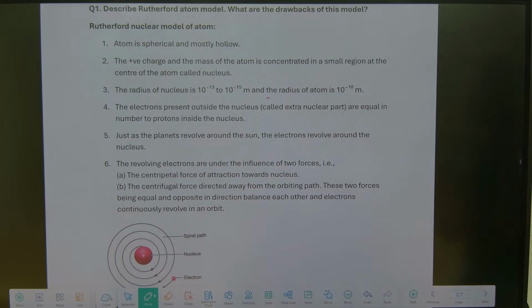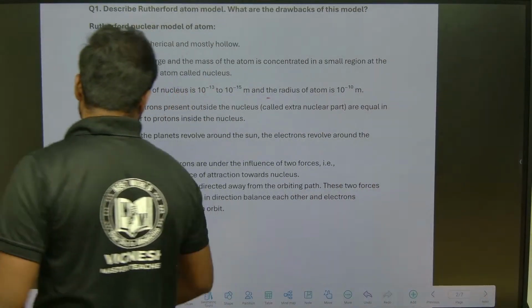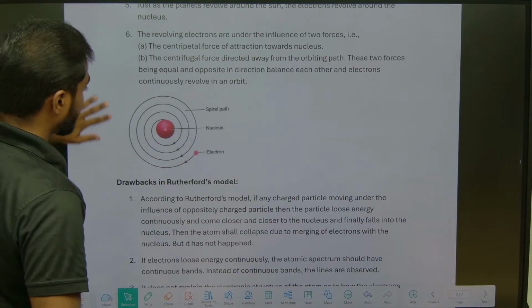Okay, can we go for the next one, that is the drawbacks we need to see? So if you see the drawbacks,